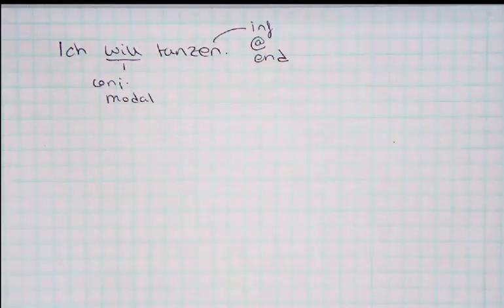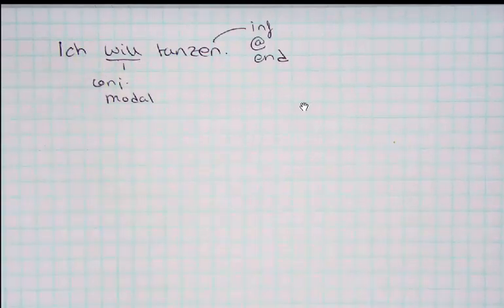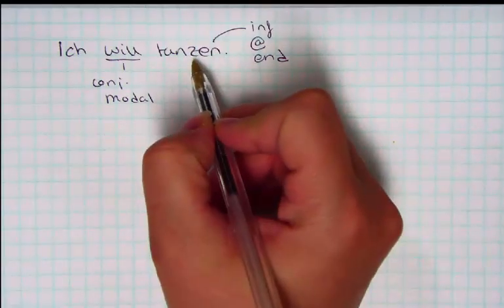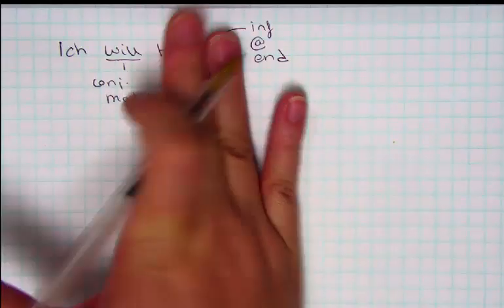And most of the time that is true. But especially when we have the verb möchten, what we do a lot of the time is we actually omit or drop this verb. Now in this case, ich will doesn't make any sense. I want, what do you want? We don't know.